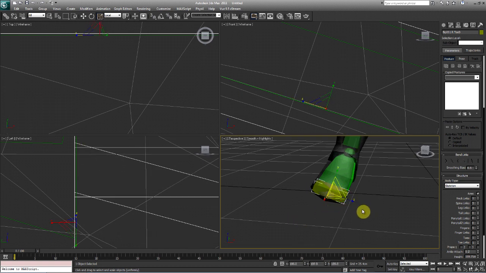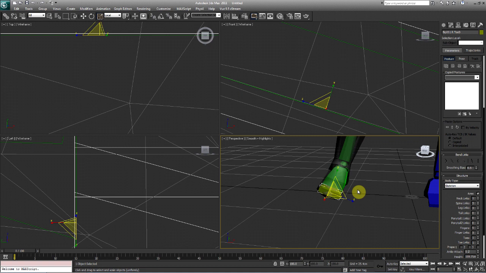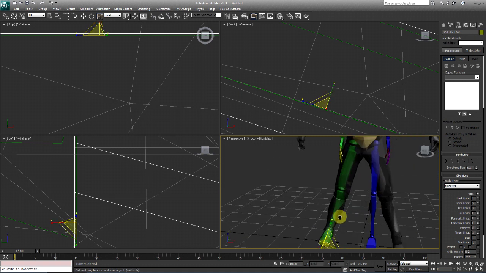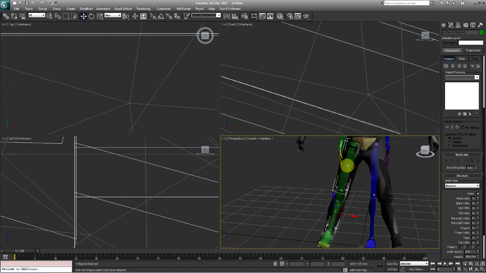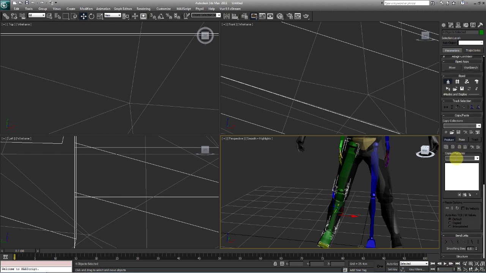Alright, now since we got the right side done, let's go ahead and work on the left, and I'm going to show you something really easy. We're going to double click on the right thigh twice, and on the side we're going to go under copy and paste. We're going to pull that down, okay, and under copy paste there's going to be a create collection. It looks like an asterisk icon. We're going to click that, and then it's going to create a collection 01 by itself.